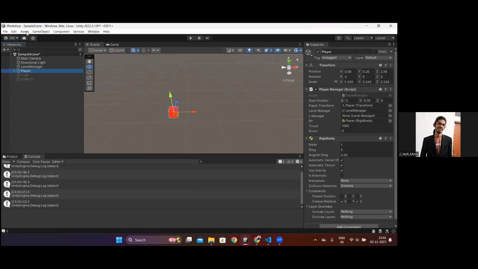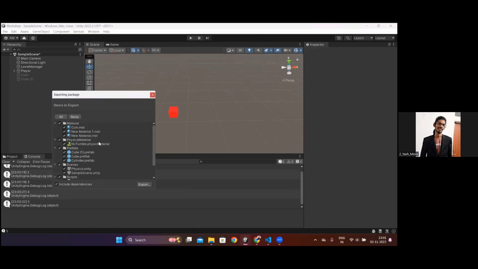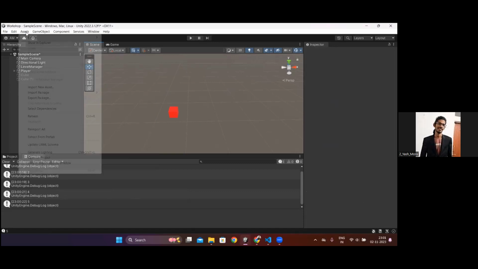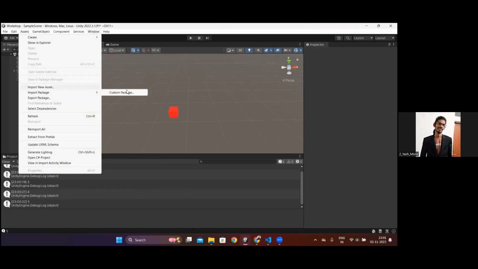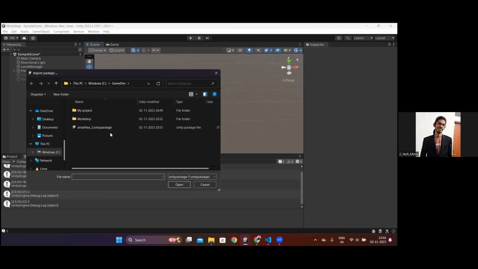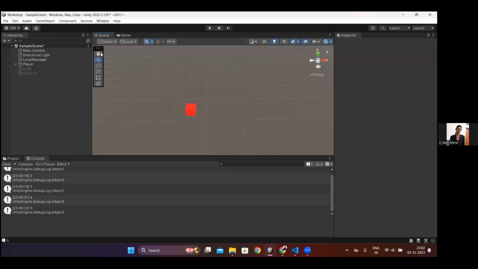package. So you can basically go to Assets and Export Package, and you can export the entire project as a package. Once you create an export package, a file with the extension .unitypackage will be formed. And once this is formed, you can import this package in another Unity project. That's something we did. Then we saw